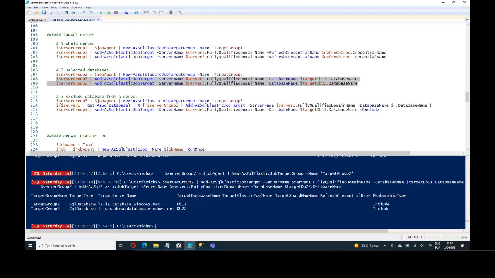That's done. And the last one would be, we can exclude databases from target groups. So I can add the new server group, then in this construct, this will get all the databases, and I'm using AZ SQL Database. This will use all the data, this will get all the databases on server group 1, server 1, which is, I'll show you this one, which is